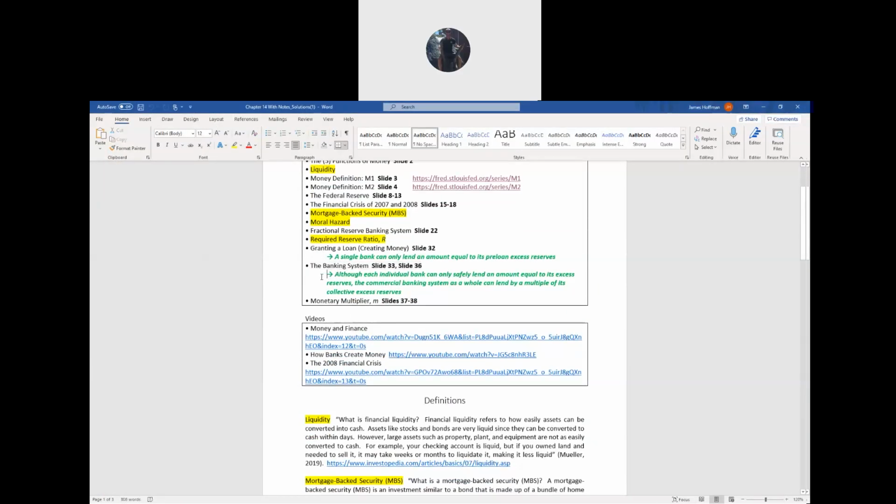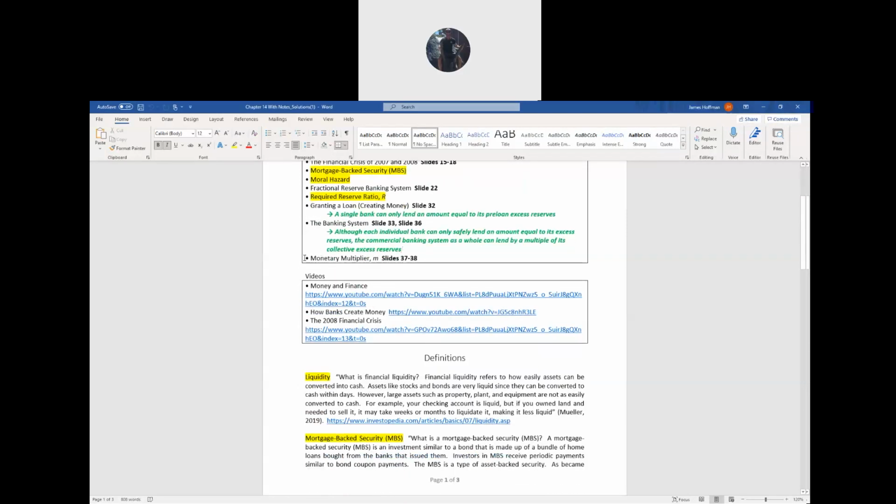So the point that I've highlighted here in bold is that although each individual bank can only safely lend an amount equal to its excess reserves, the commercial banking sector as a whole can lend by a multiple of its collective excess reserves. So in that example, the one bank could only lend the 80, but the banking sector as a whole could lend a multiple of that 80, and that's the multiplier. So the monetary multiplier, or little m, on the last couple slides here,